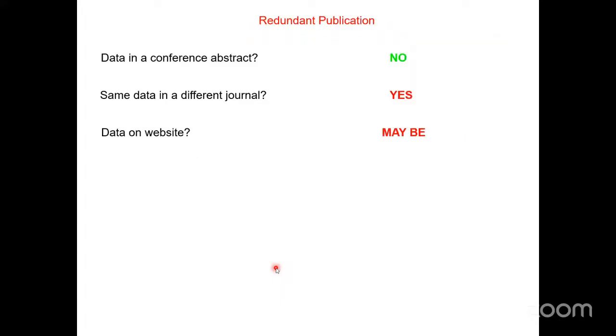Now, how do I understand what a redundant publication is? Suppose you have published a particular portion of your research at a conference. That won't be considered a redundant publication. But if you have published some data in a different journal, then that can definitely be considered a redundant publication. Or some data that are already available on a website,